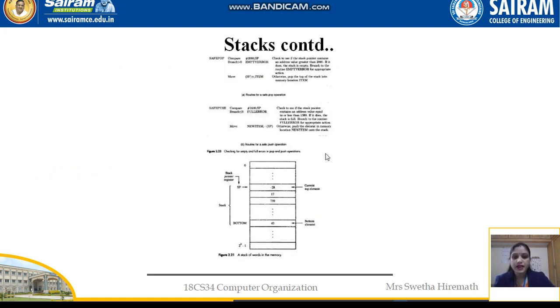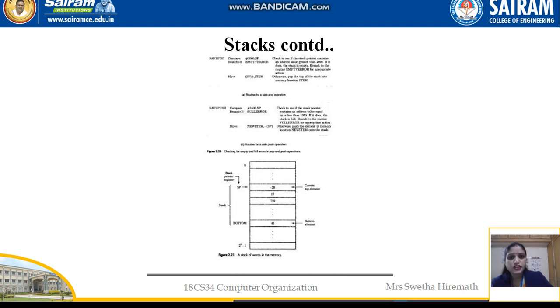Here it is represented diagrammatically. This is the stack representation, how a stack of words looks in memory. Here we have safe pop and safe push operations. First we compare the stack pointer to see where it is pointing.